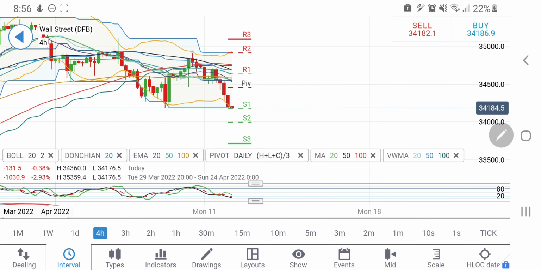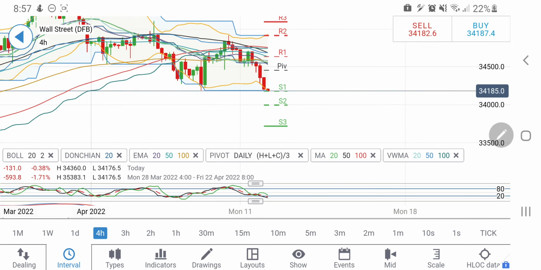See, US 30 here has completed the journey till here, and see, this was the first drop, rise, retracement, and then the drop here. So it has completed the journey till here. Probably I'll be watchful of this zone at 34180 and 150 levels. If it tries to bounce back from here, the bounce could be strong, and strong enough for it to take it above 34500. So I'll be watchful and cautious.